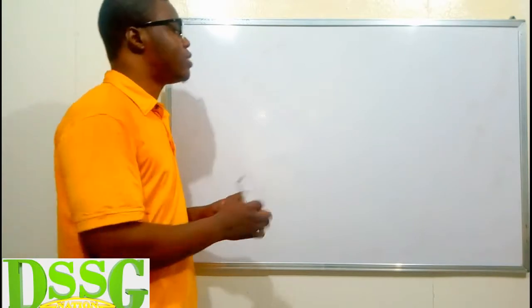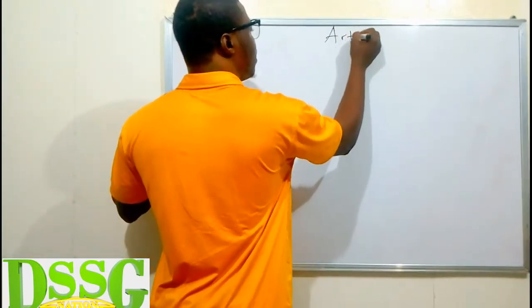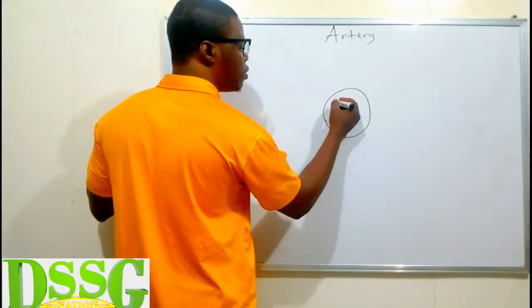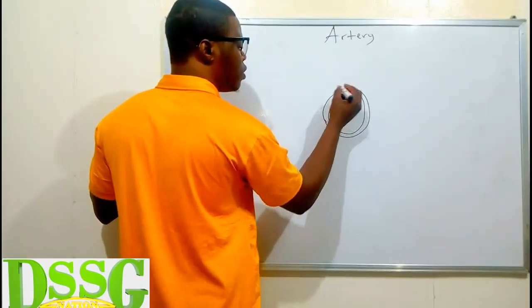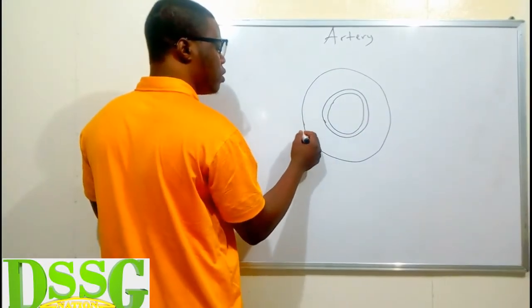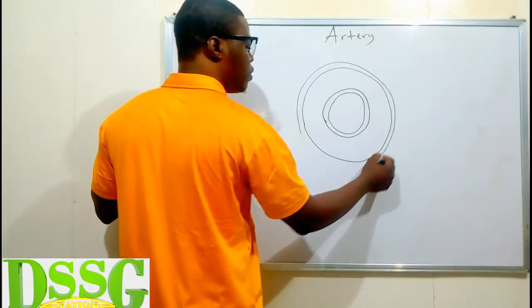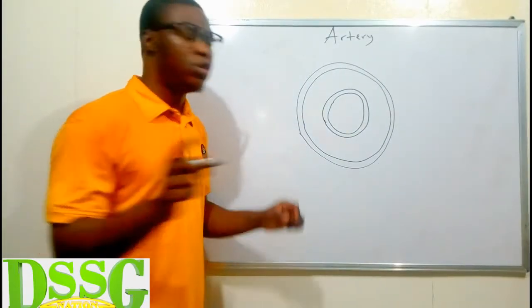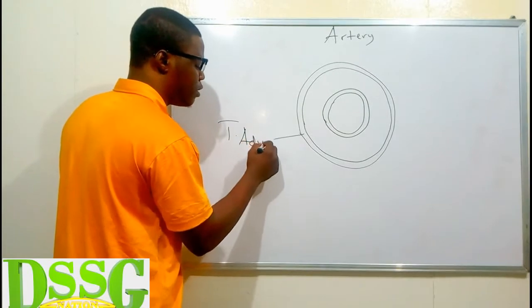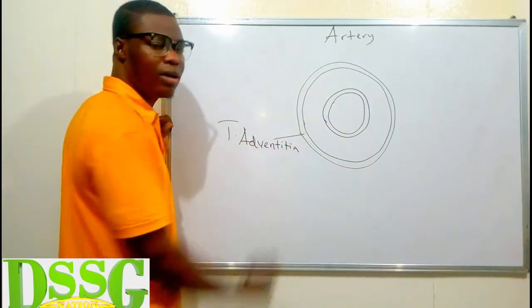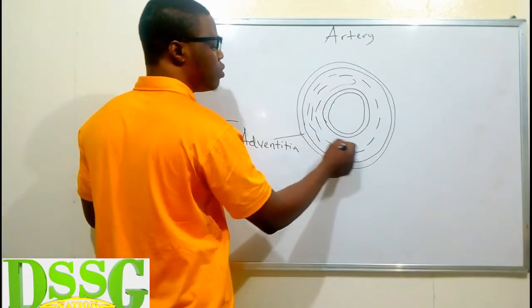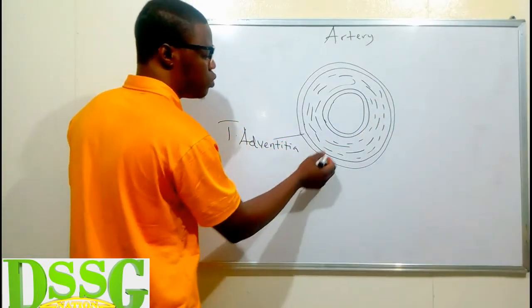So in our last class, we said the artery has 3 layers. Now we said the outermost layer here is called the Tunica adventitia. Here we are going to add stria, lines, and that line is denoting what? I'll tell you that later. So from here to here,